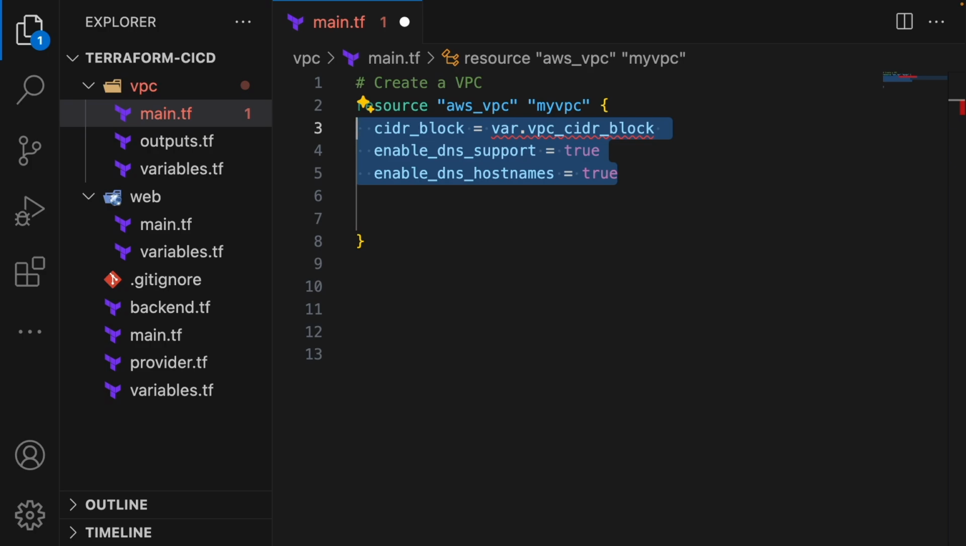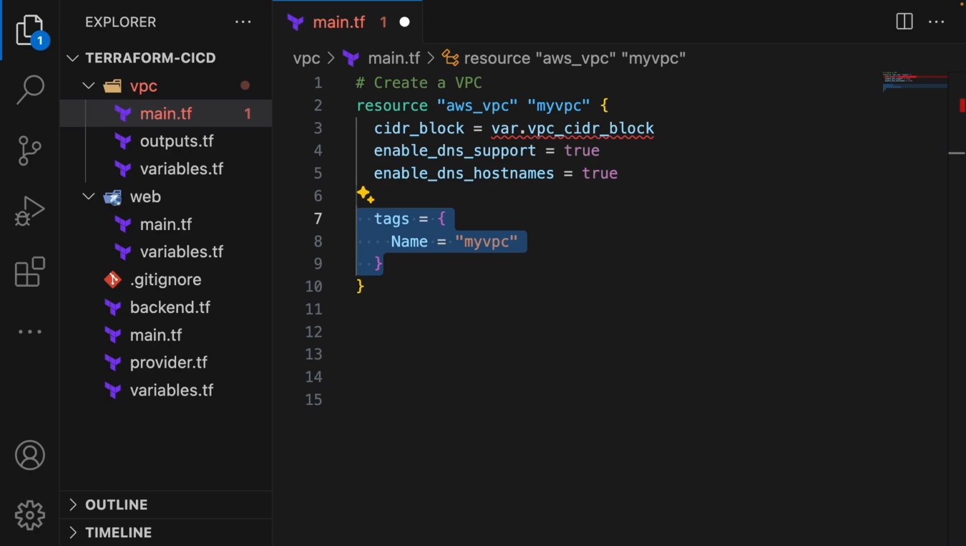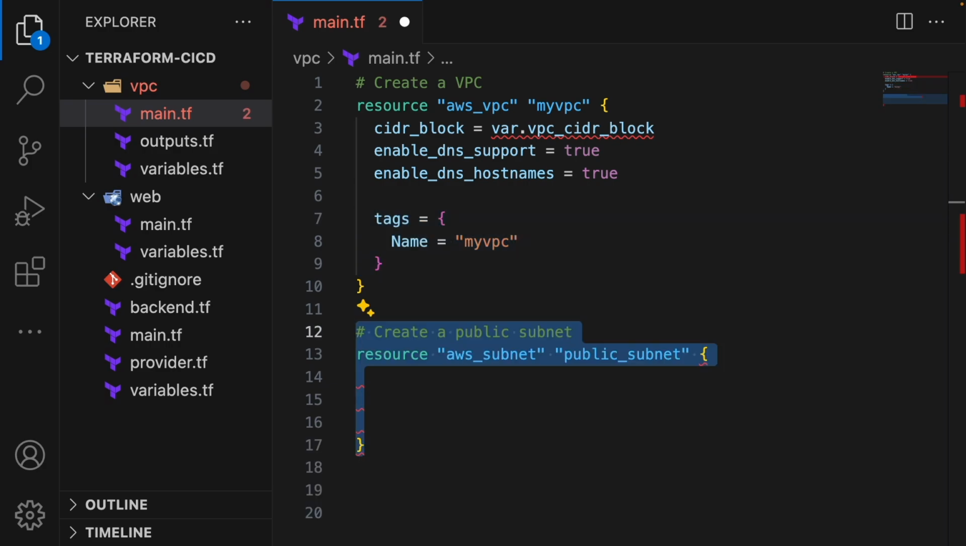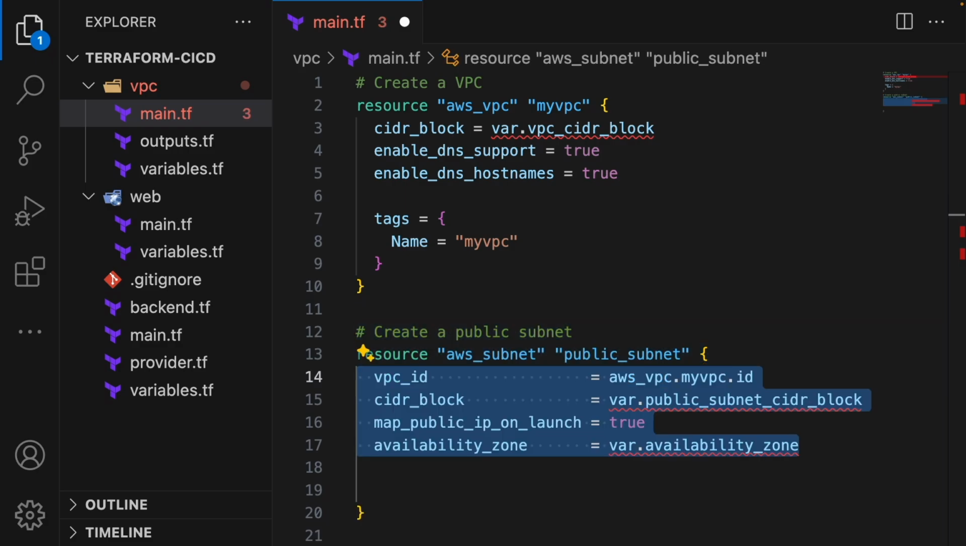And we then have enabled DNS support and hostnames, which allow internal name resolution within the VPC. Then we declare the tags section, which is used to label this VPC with the name my_vpc, making it easier to identify in the AWS management console. Then we declare a public subnet resource. This is going to define the subnet within our VPC. The VPC ID is going to link it to the VPC we just created, and the CIDR block